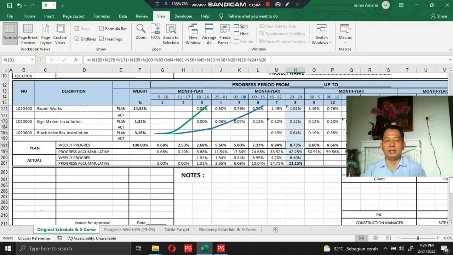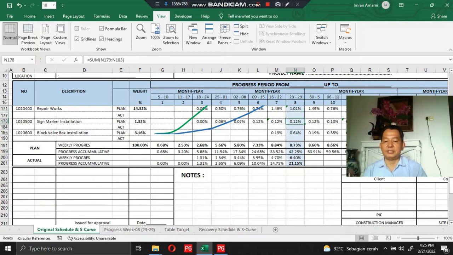The blue color, as shown in the section, is the initial part where we start to propose a recovery schedule, which is when the actual accumulative progress achieved is 21.15%. In this section, all cells have been equipped with formulas inside, as you see here,